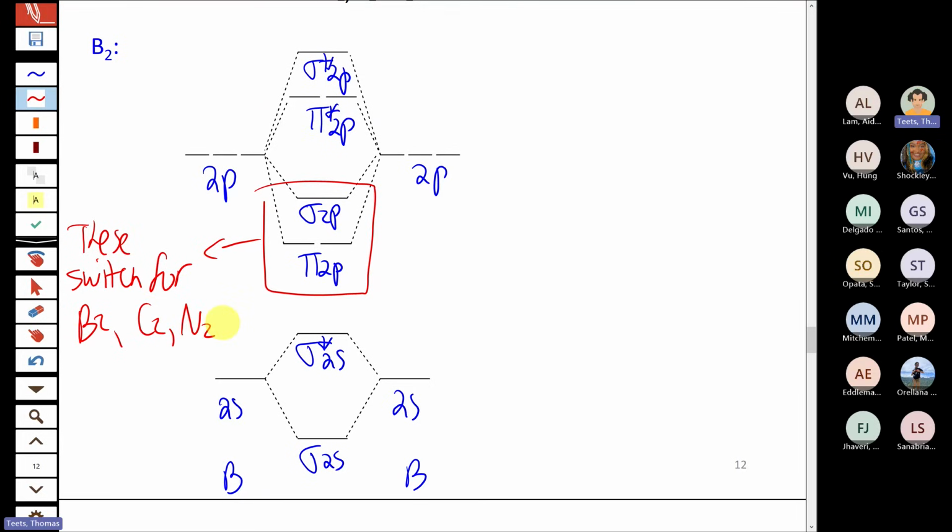So diboron, dicarbon, dinitrogen. Again, the P1 through P3 blocks of the periodic table. For your purposes, you mostly just have to remember that that happens. And again, especially if you're trying to calculate the magnetic properties, that can be important. Why it happens is more complicated and not something you have to worry about.